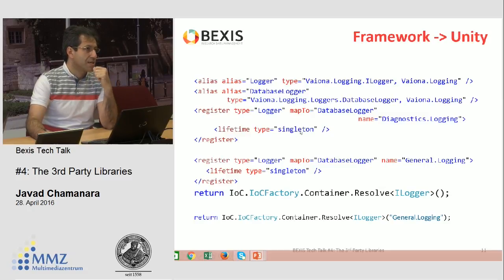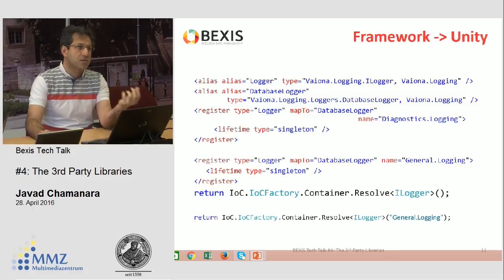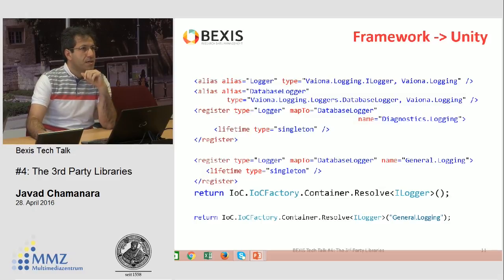And the object is a singleton. So it means that during the whole life cycle of the application, only one database logger will be kept and managed. Whenever you ask for an implementation, that single object will be returned to you. It's just to reduce the number of database loggers during the application lifecycle. And then here, you see there is another one that is again using this, but